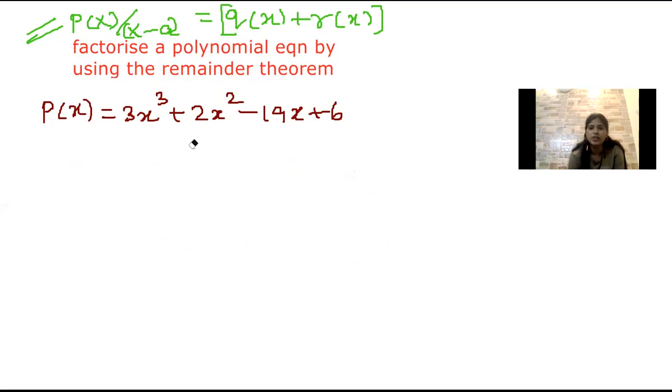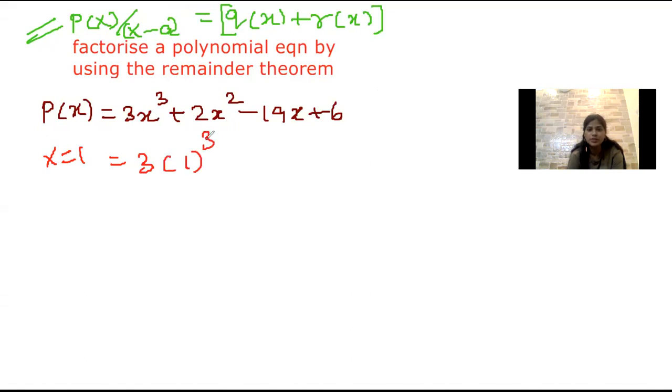So step 1, as I said earlier, we're going to find x minus a. It is very, very easy. The thing is, you have to check whether you are getting the value of P of x as 0 or not by substituting the value of x. You have to assume some random values for x, and you have to substitute in the polynomial equation. After substituting, you have to check whether you are getting the result as 0. Yeah, this is like a trial and error method. First, I'm going to substitute x as 1, and I'm going to check whether I'm getting 0 or not.